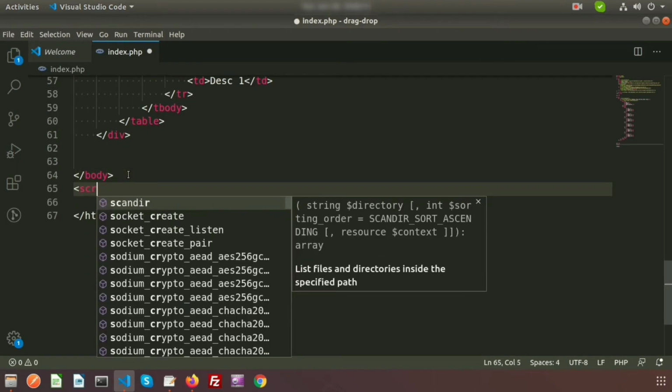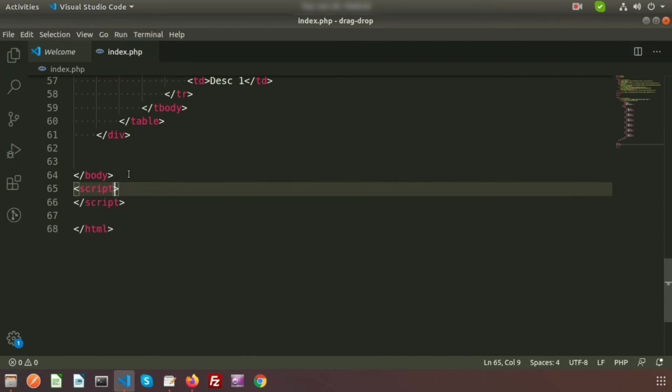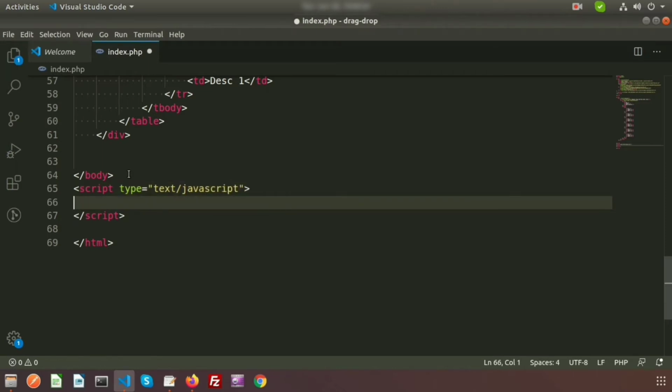Just create a script tag, and close the script tag, and here write type equal to text/JavaScript. Okay, and here write document dot ready function. So document, and document should be inside this bracket, dot ready. Okay, and inside this we will write the closure function. So write here function